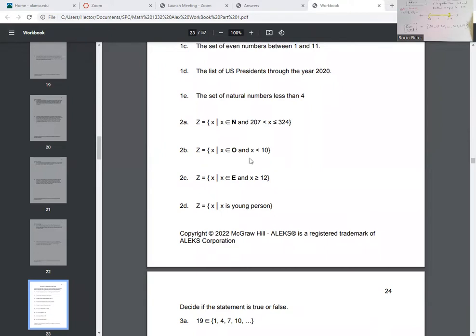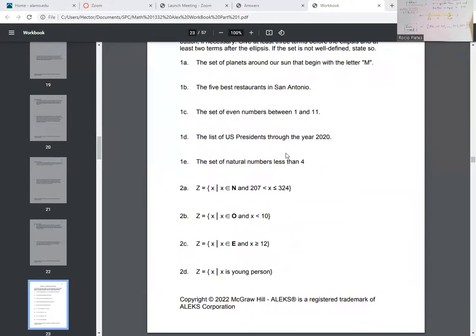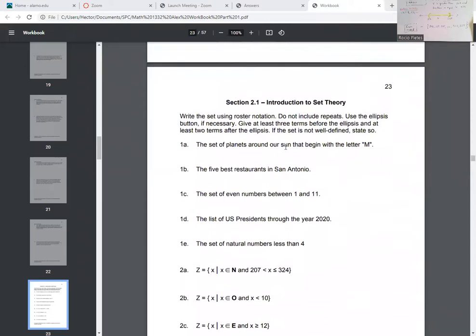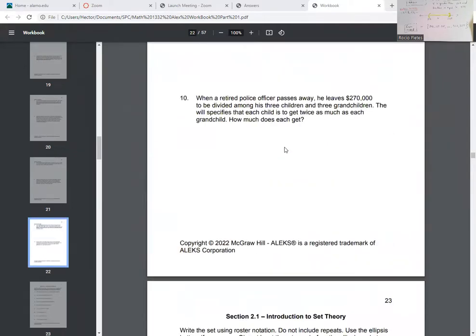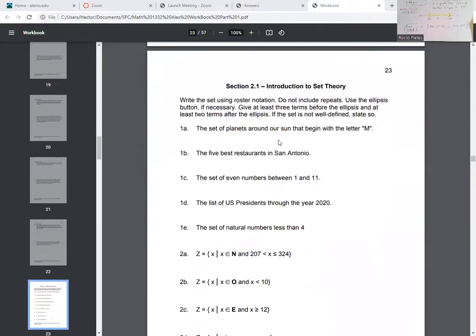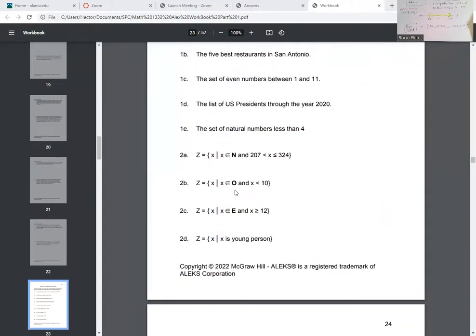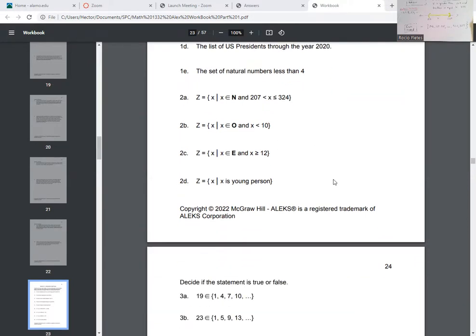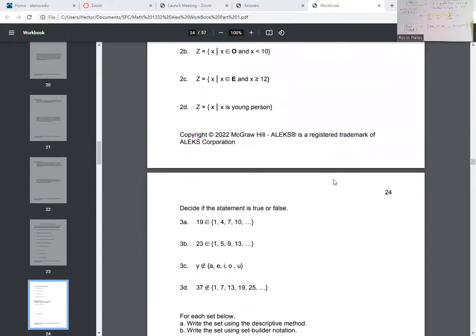So let me take a look at that one because I don't know what notation that is. Maybe he meant integer, but that would be the set C. All right, so don't worry about 2B and 2C for now. Let's move on to